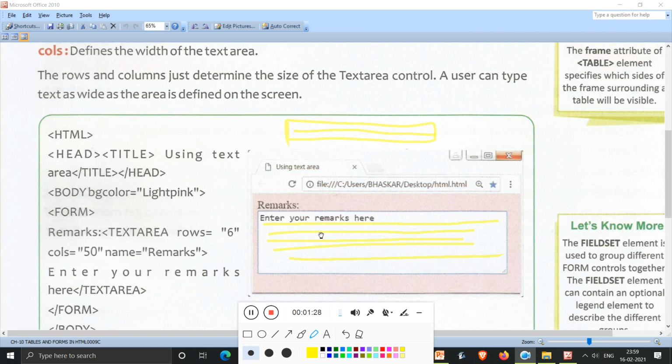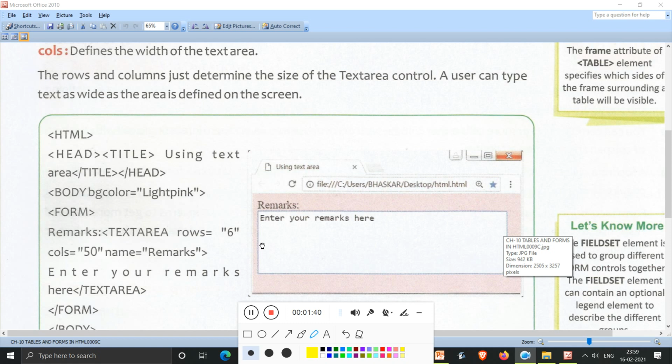For that, you might have to write multiple lines of text.